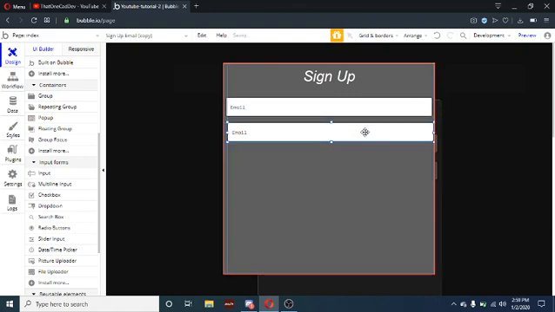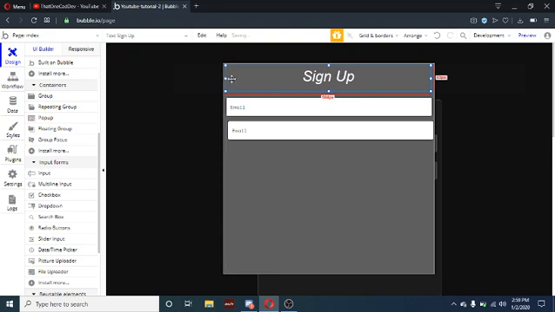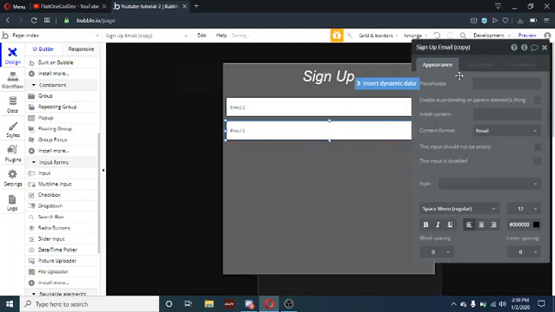Okay, now that that's done, I'm just going to Control C, Control V, and I'm going to drag that down. Oh, come on. Maybe I'll just do this. It doesn't want to straighten, so I'm just going to, there we go. Now this is going to be sign up